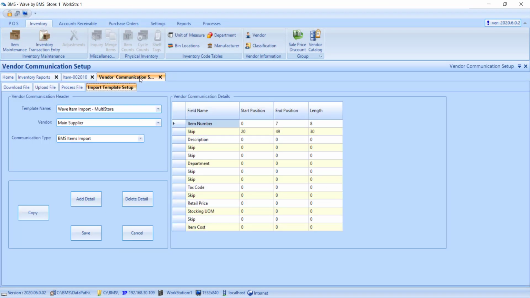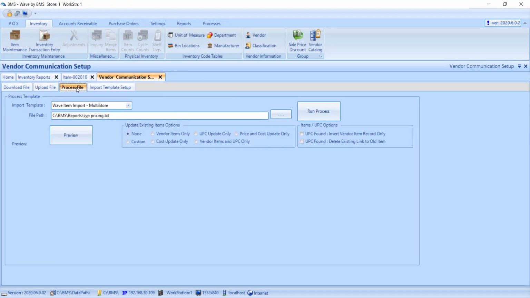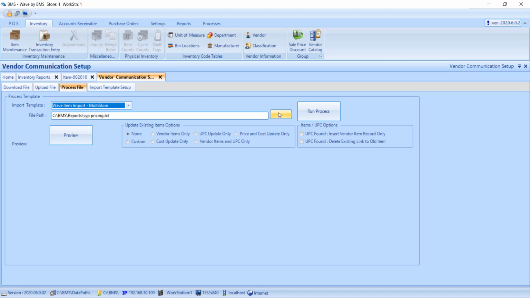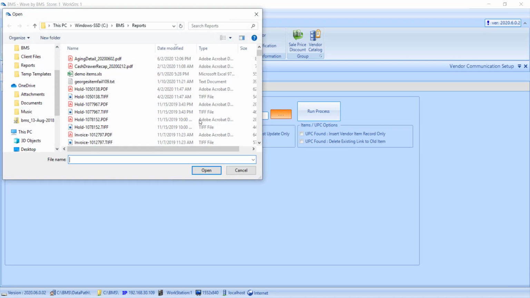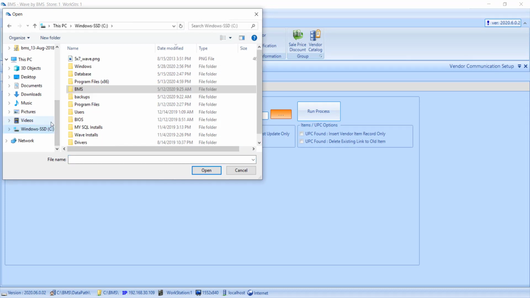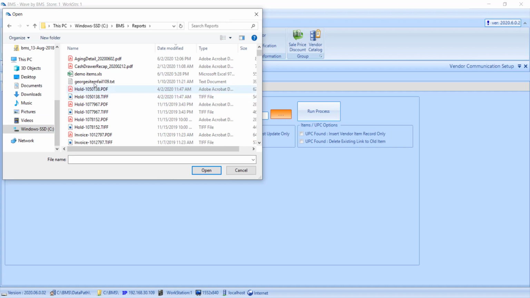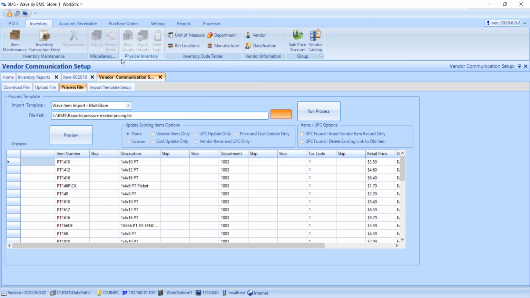I go through vendor communication, process file. I make sure that I've selected the Wave item import, and then I select the file that I wanted. That one I saved in reports. There's the pressure treated. It does a preview to make sure everything's right, and then click price and cost update